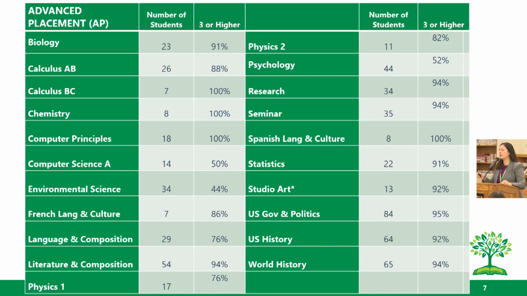Our last data point is taking a look at our AP scores. We offer 24, 23 APs each year. Music theory is offered every other year, which is the varying factor, which is a good number of AP classes. As you know,